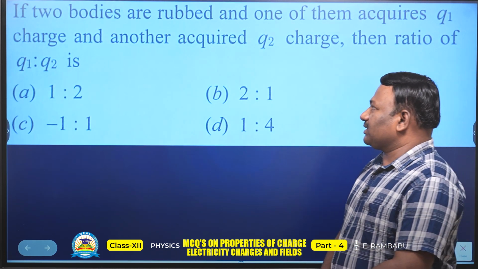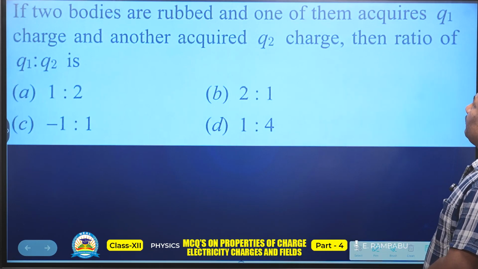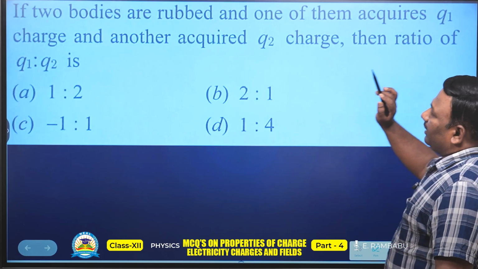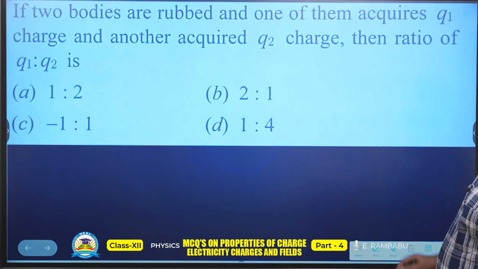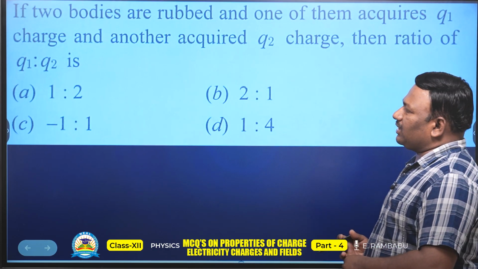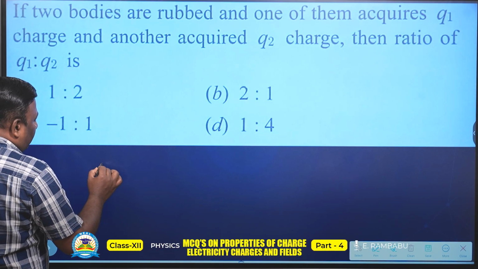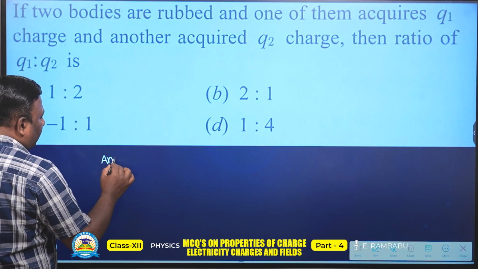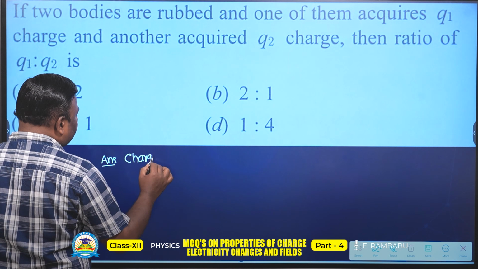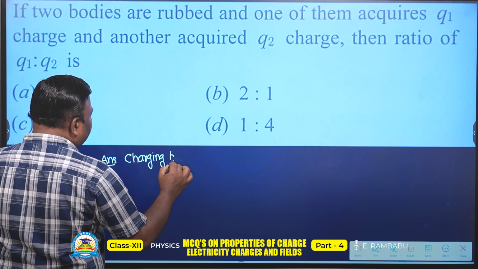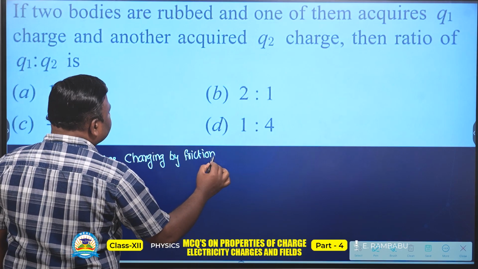Here, see the first question. If two bodies are rubbed and one of them acquires a charge q1 and the other acquires a charge q2, then what is the ratio of the charge q1 to q2? Now here, two bodies are rubbed means this is known as charging by friction. According to charging by friction,